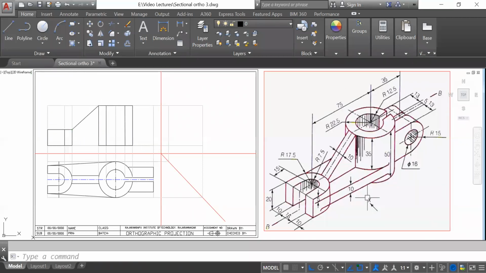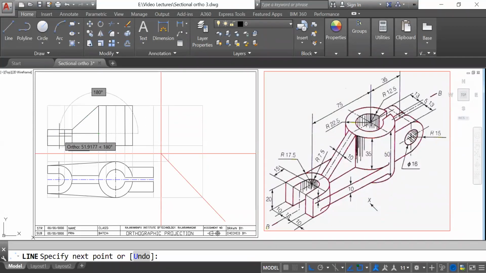Okay. Now the plate is 10 mm thick, starting from this to this. What is the height here? It is 35 from the top. So you can take 35 mm from this point and just join it.